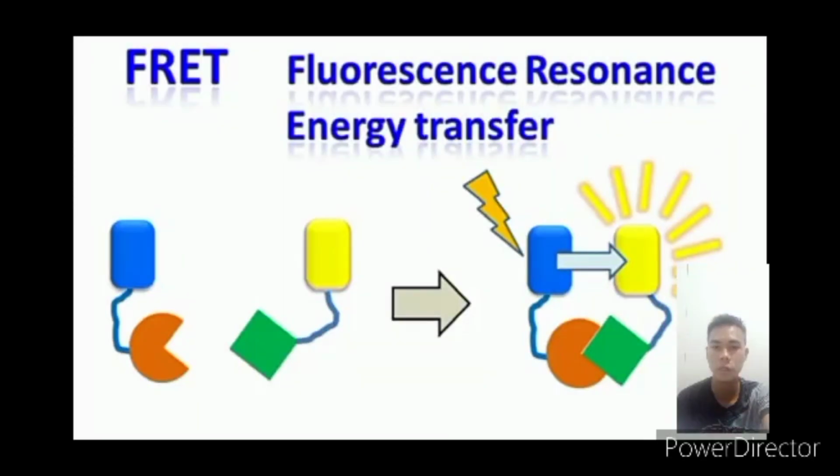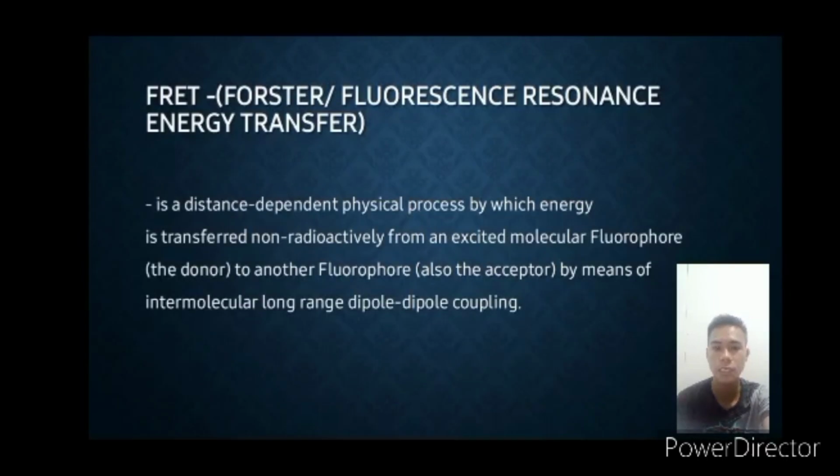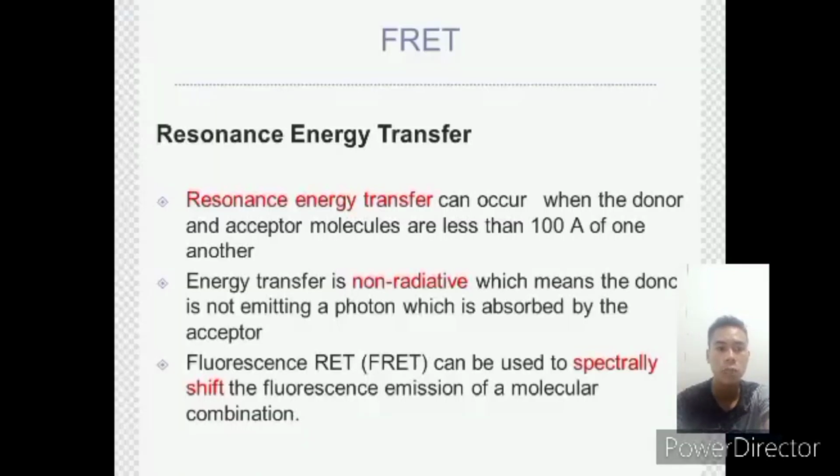In this video, I am going to discuss my assigned topic, which is FRET definition and its process. So first, what is FRET? FRET means Förster or fluorescence resonance energy transfer, which is a distance-dependent physical process by which energy is transferred non-radiatively from an excited molecular fluorophore, which is the donor, to an acceptor by means of intermolecular long-range dipole-dipole coupling. Resonance energy transfer can also occur when the donor and acceptor molecules are less than 100